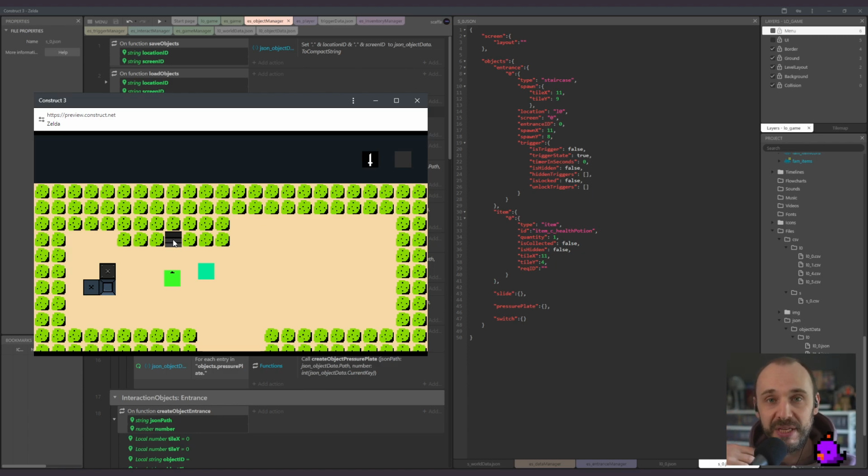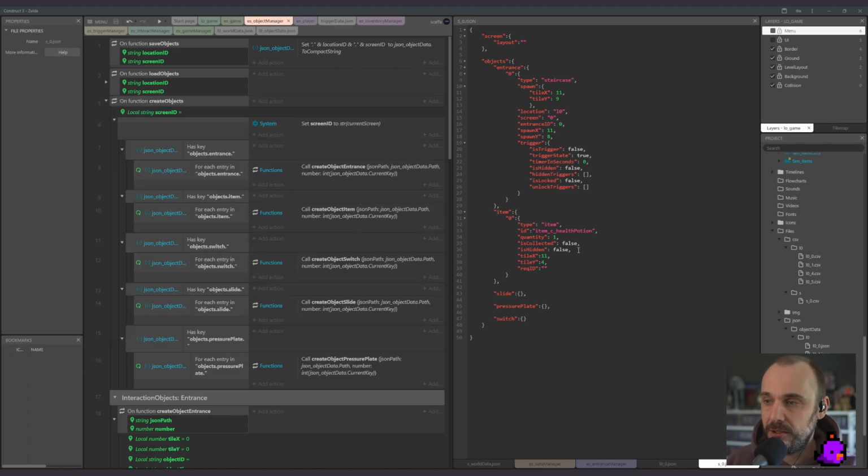Yes or no? Because I could have the staircase check other triggers to make it appear based on the slidey block or the switch. But right now it's just set to the item. I should set it back to the switch. You know what? I'm actually gonna show how we're gonna do that, and I hope it works. Live debugging or live development thingy. So let's just move out of the way, and